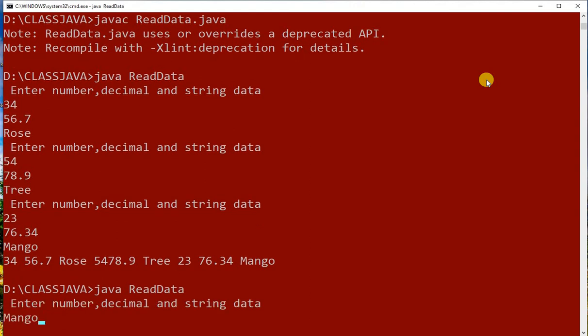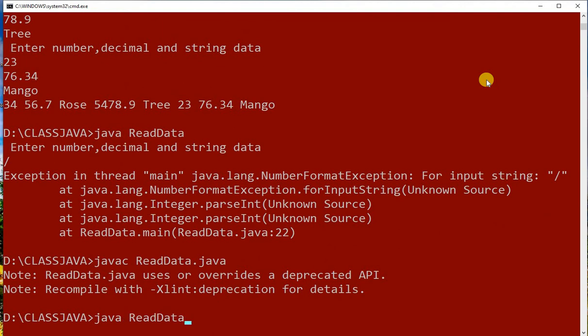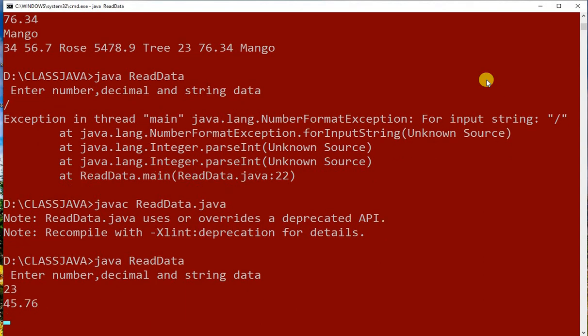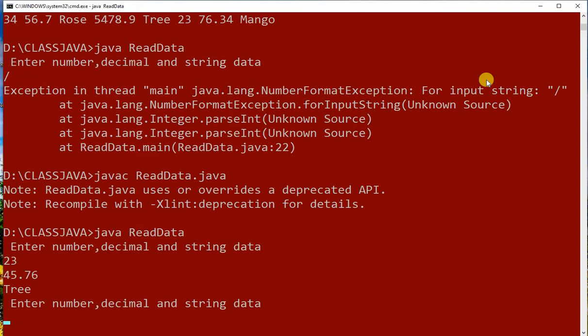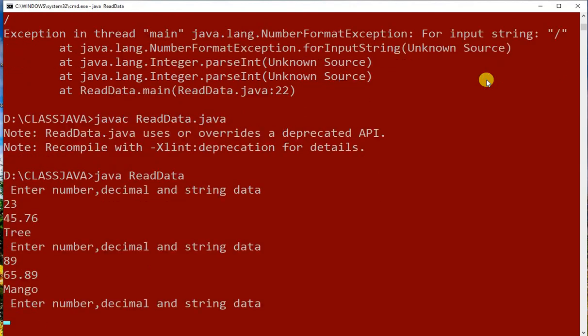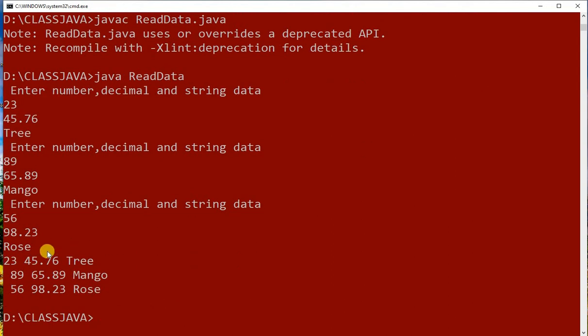Remember, whenever you are going to run the program again, you have to compile it first. Then you have to run the program. Understand? If not, the changes will not affect the program. Now you can see this is your first class data, this is your second class data, and this is your third class data. You can even give names to them also. That depends on our programming.